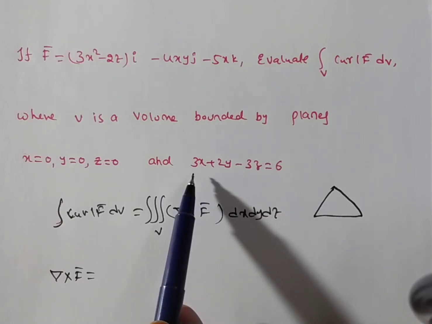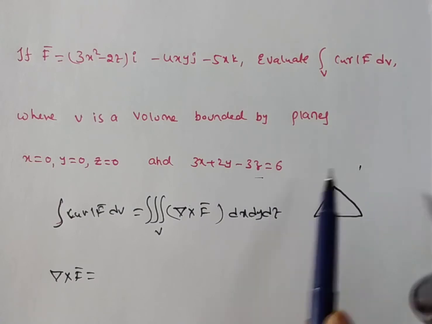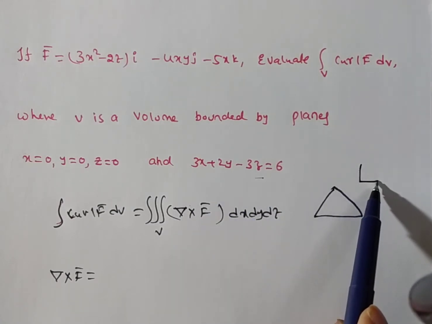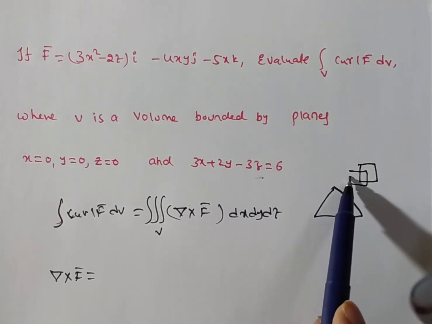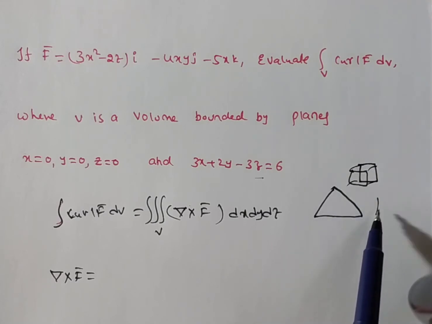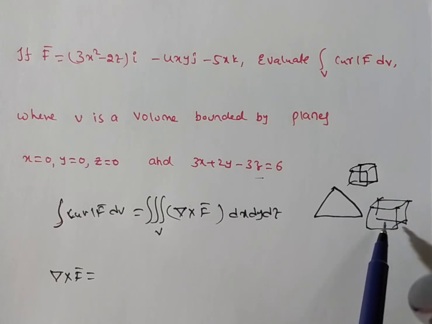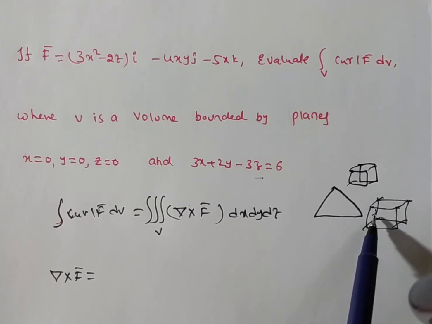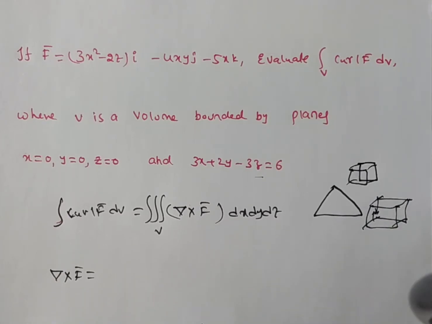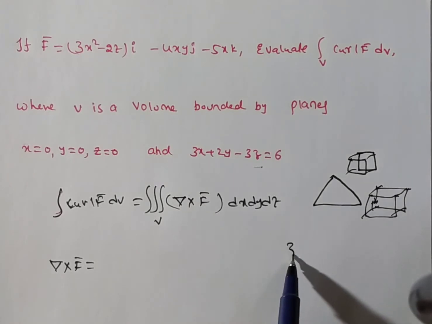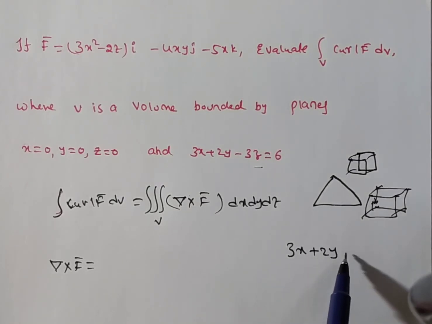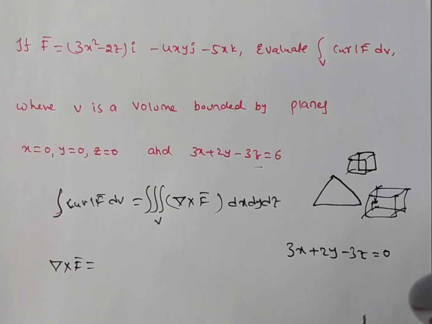Friends, you see this is in 3-dimensional space. In 3-dimensional space, if it is a cube or a cuboid, then only the x limits, y limits and z limits are independent, meaning all the limits are independent. Otherwise, the limits will be dependent. For example, see the given problem, the limits I am finding right now: 3z is equal to 6.